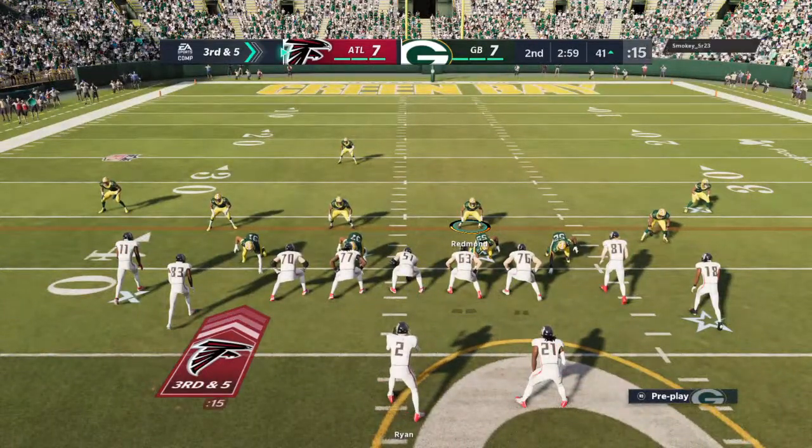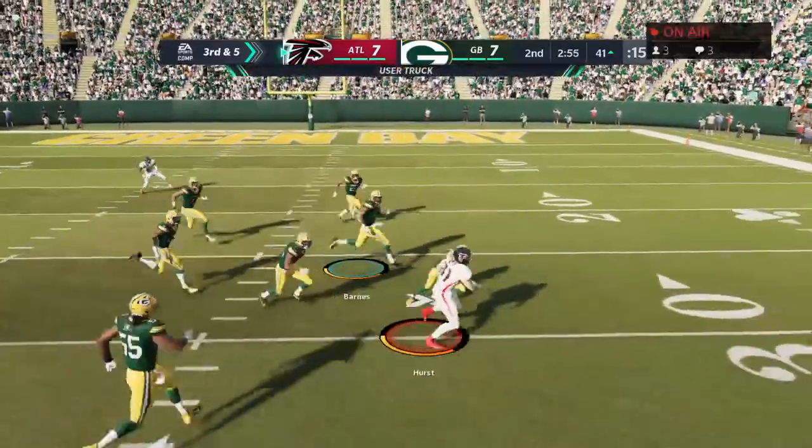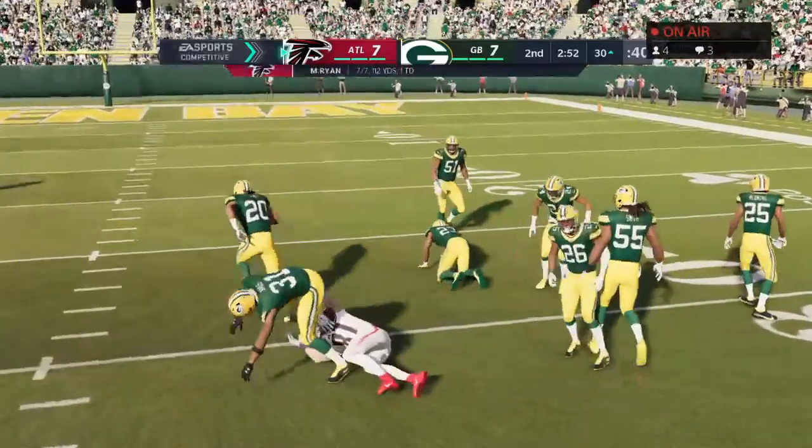Oh, no. As a manageable situation, one that they have a much better chance of picking up. Open receiver, that's Hayden Hurst, the tight end. And he is going to have